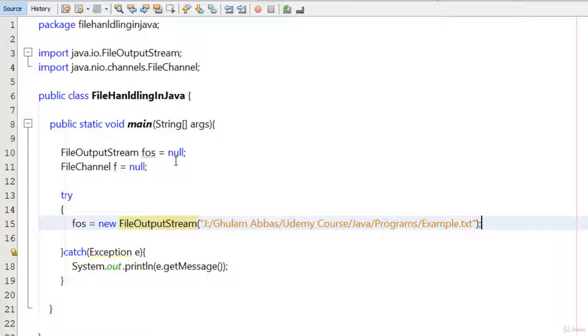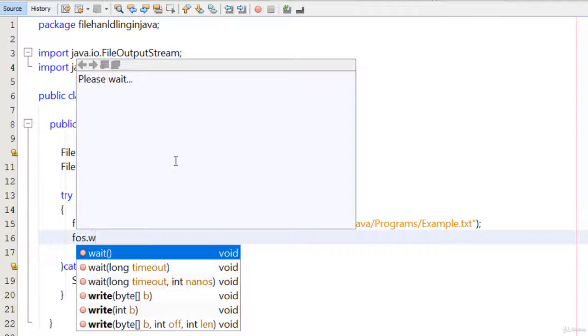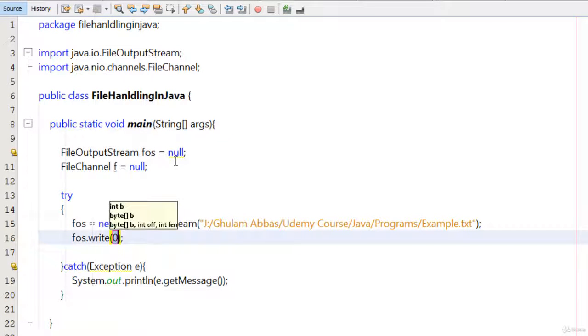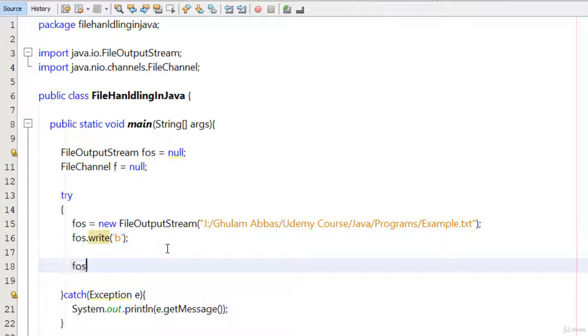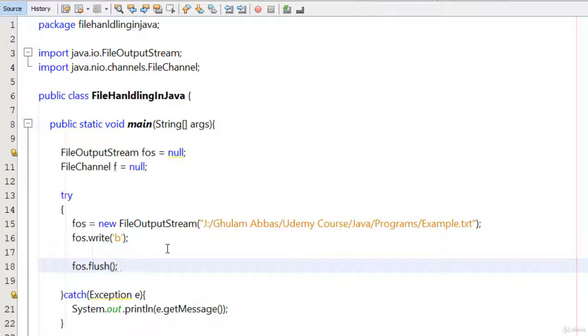Okay, and then I type here fos.write, and I write some data, and I write here b. Okay, and now I type here fos.flush. Now I will discuss the flush method in our next videos, so don't get confused with